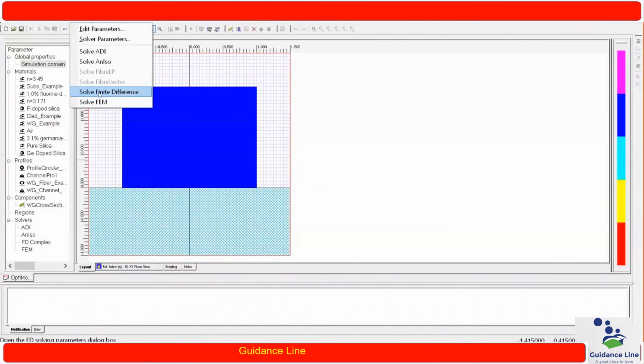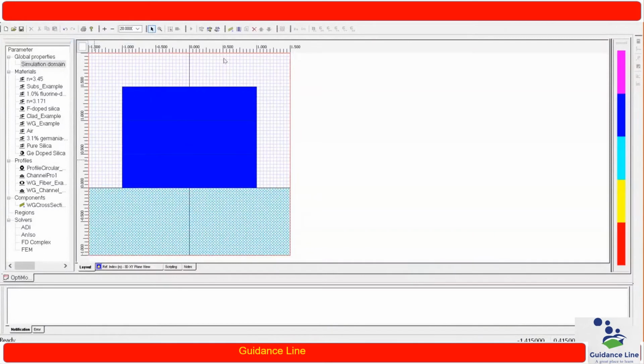Okay, apart from that, the finite element method is used when there is a complex geometry. I mean to say, if you have to analyze a bent waveguide, or a waveguide which has some oblique planes. For example, suppose we have these two side walls with oblique planes, then in that case we have to use the finite element method. Since over here we do not have any such complexity, and also the refractive index has a very small difference, we opt for the ADI method.